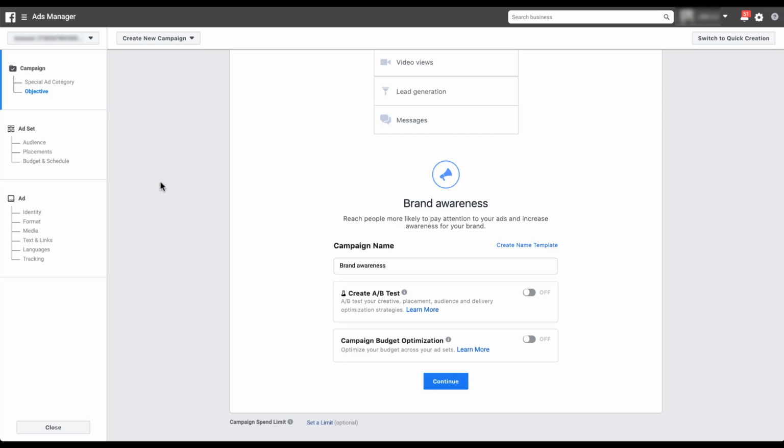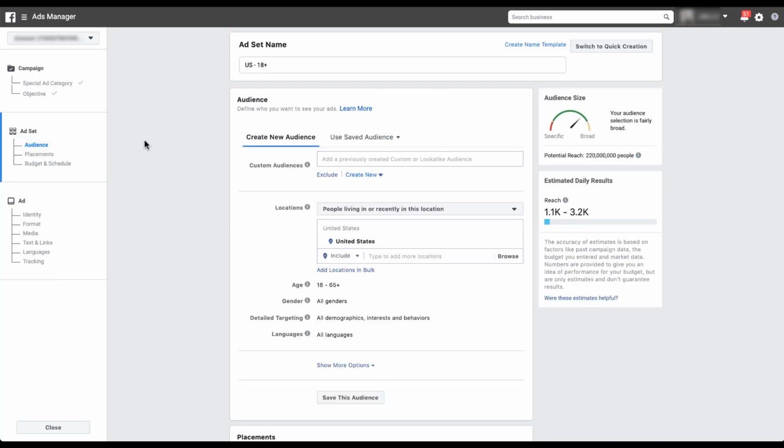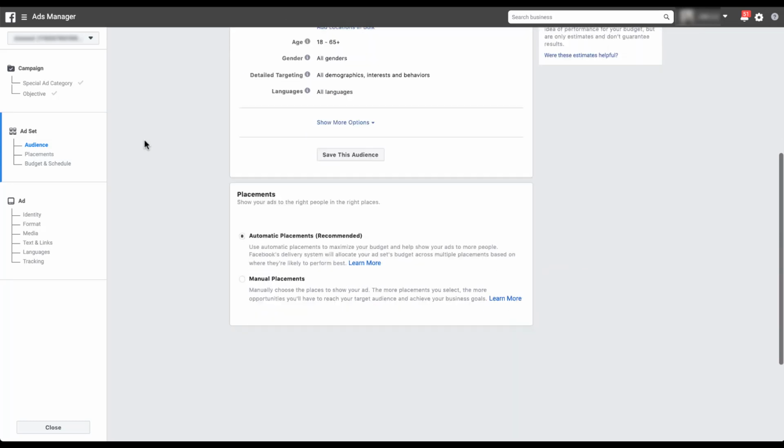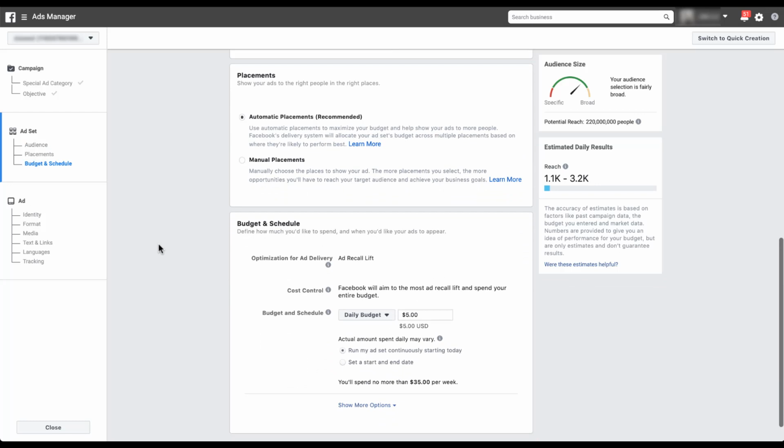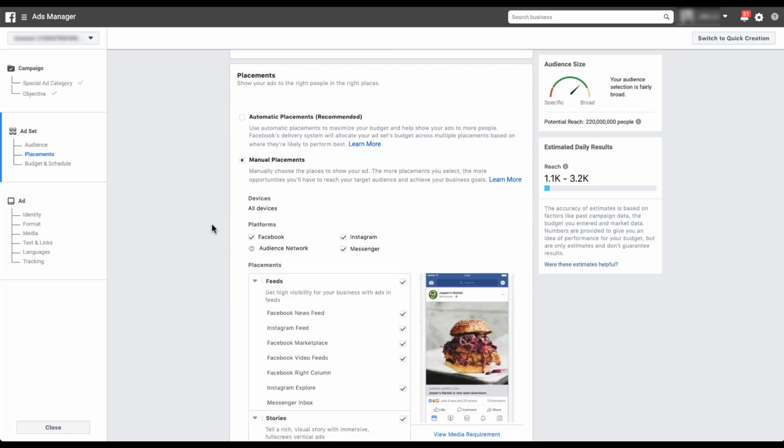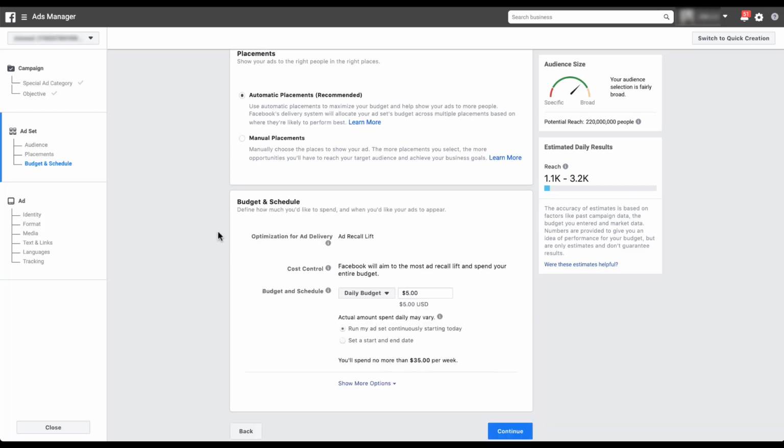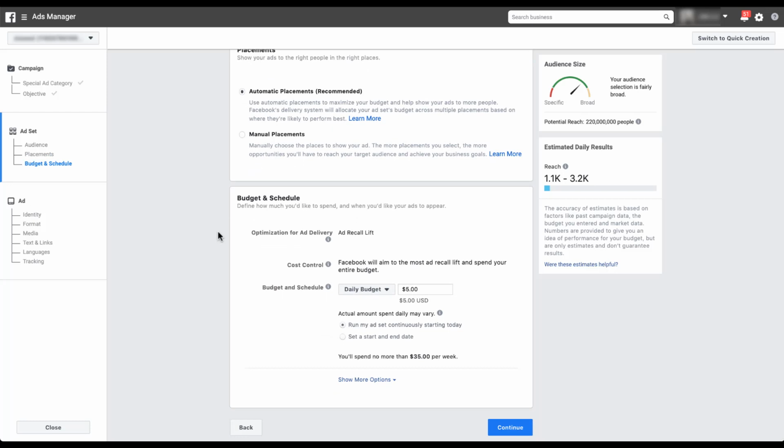And I want to start off by going into the ad set section. Here you'll set your target audience just the way you do with all of your other campaigns. You can then scroll down and start to adjust the placements that are here. For a brand awareness campaign, you'll see that there is no audience network, but most of the other options are available. And then once we get down into what it's going to optimize for, this is something that we'll need